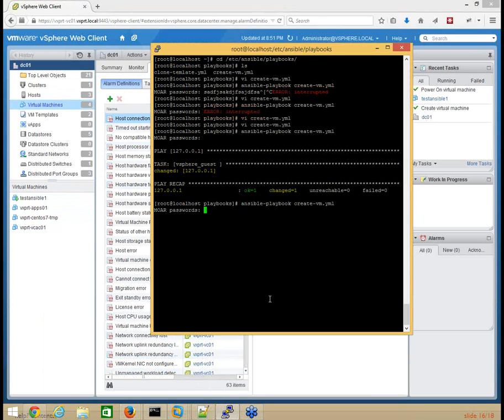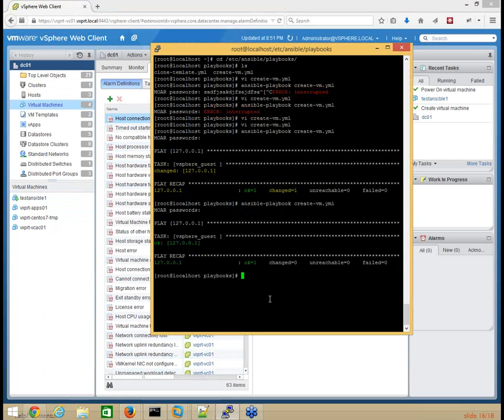So if we do that again, that same task will run, but now you can see nothing's changed in my environment. Ansible went out and said, oh, you know what, there's already a test Ansible 1 here. I'm not going to do anything to mess with that virtual machine. Everything's in a state that I expect it to be in, which is more on the configuration management side, but